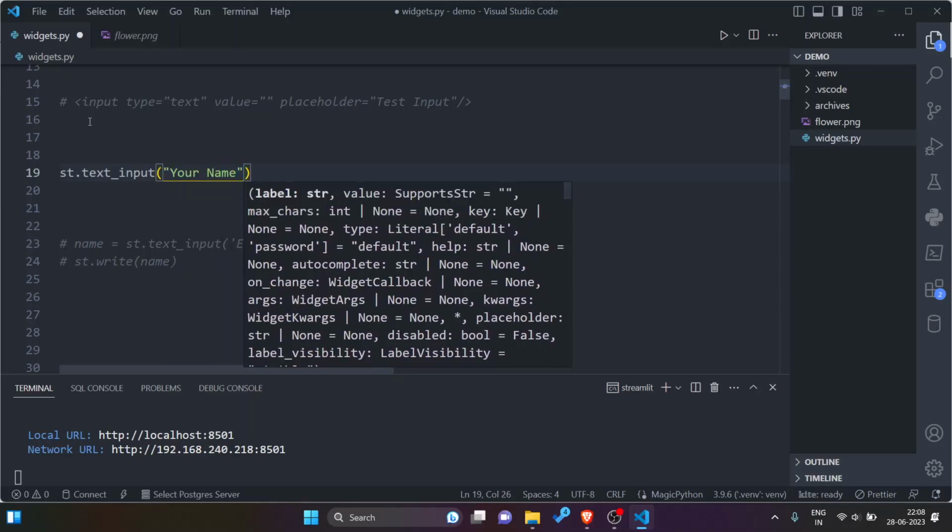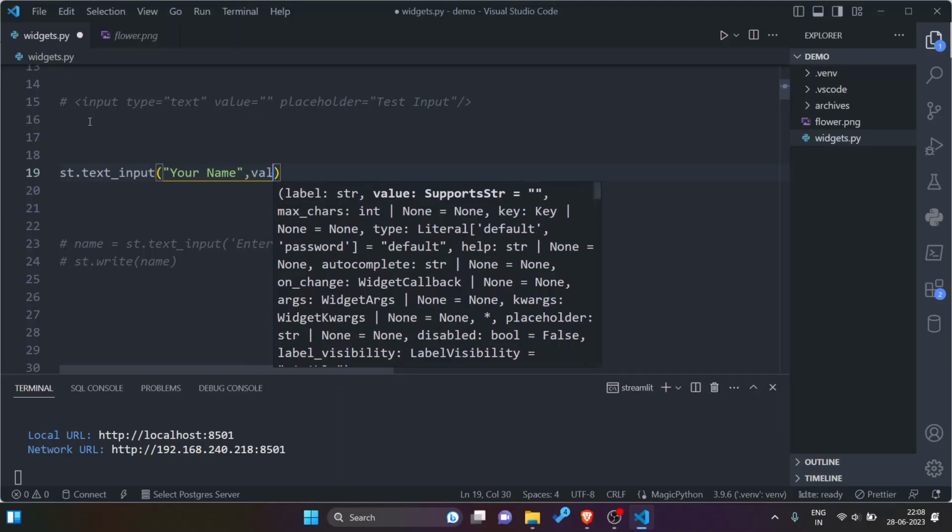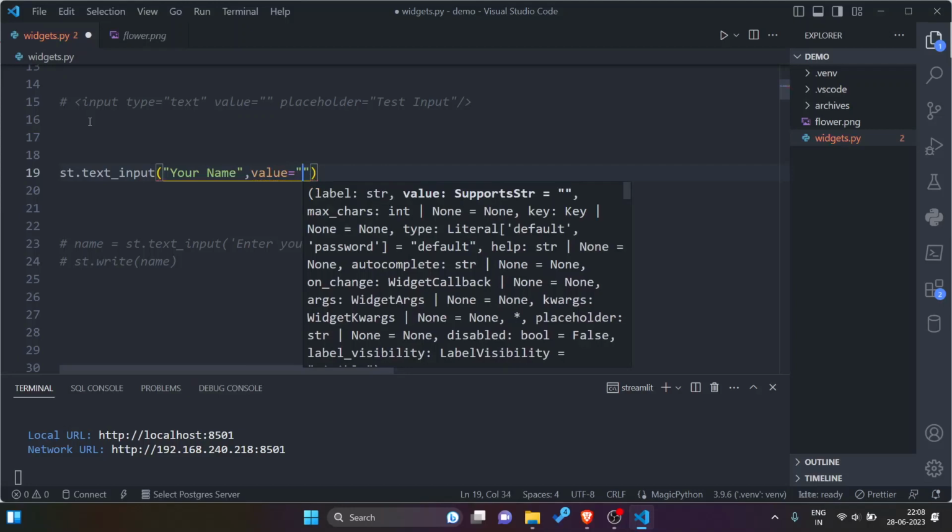Then the second is not mandatory, but by default we can give a value, meaning value is the value which is available at the time of first render of this text field.